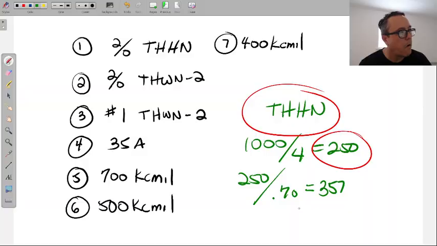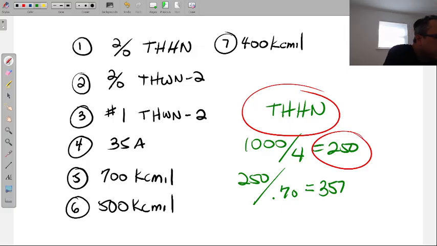Hold on, I think I did my math wrong. Okay, no, I multiplied, that's my issue. 357, and then we gotta find where 357 would be, so 380 would be the next best. And there we are with the 400 kcmil. I was looking at the wrong column.